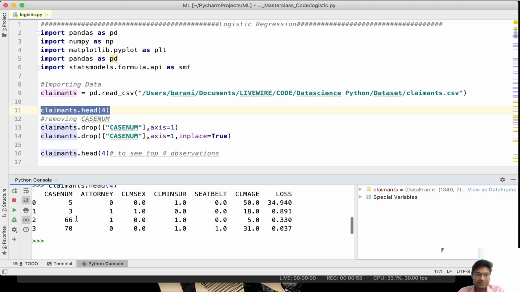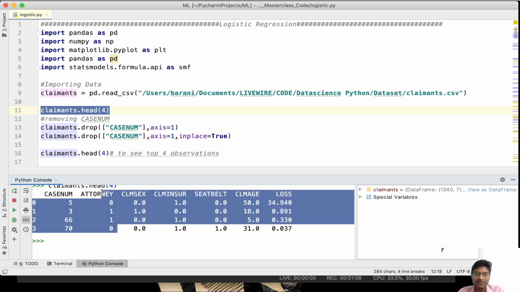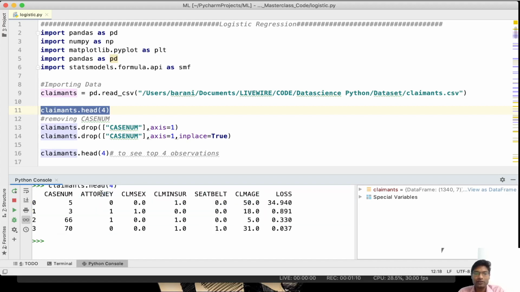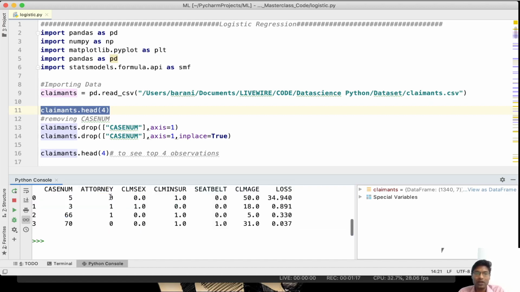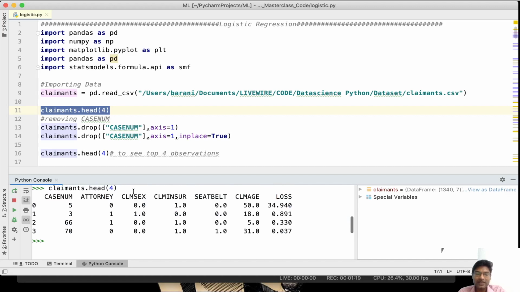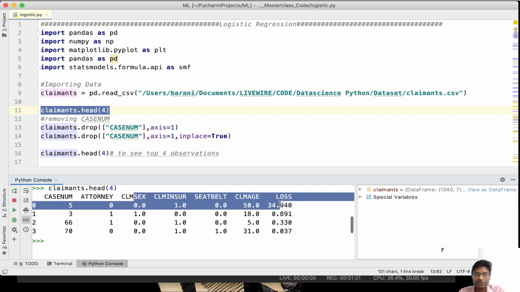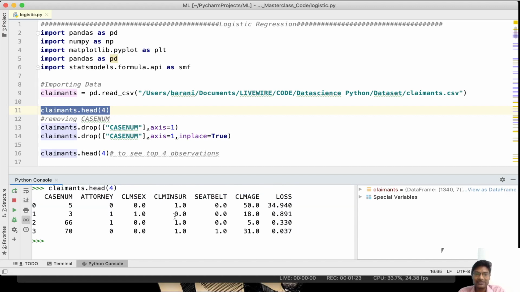So this prints the first few rows and all the columns. This contains 7 columns in total, but the first one, case number, is not important. It is something like a serial number. What we will be interested in predicting is the attorney column. This is going to tell us whether a claim is provided to the client or the claimant. Whether the claim is provided to the client or not is represented by 1 and 0. And the other columns are going to be the features of the clients present in this data set.